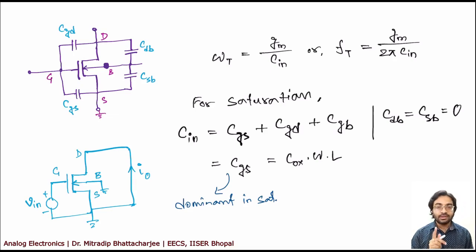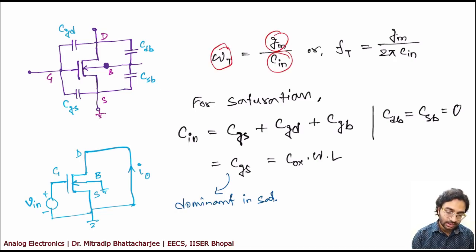Now we already have discussed WT in case of BJT. So what will be the WT in this case? Now we know WT is equal to GM by C in. We have seen in the BJT. So same thing is here. So if you take FT, 1 2 pi term will come. Okay. Now what we do in such a case, we short the output, right? This is the circuit more or less. So we short the output and then we calculate the I0 and whatever is the I in, then we calculate the value.